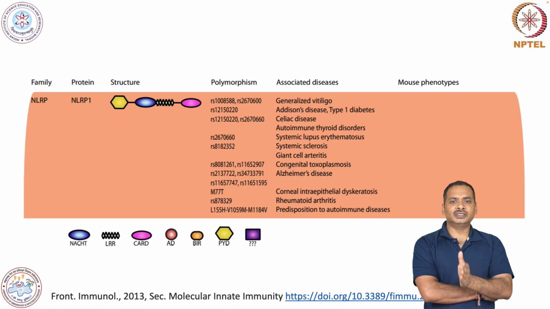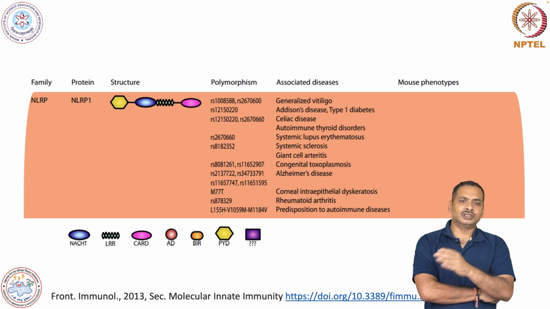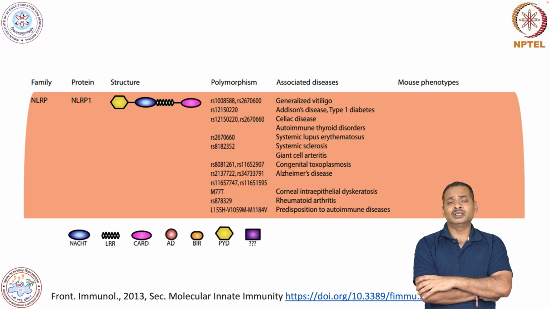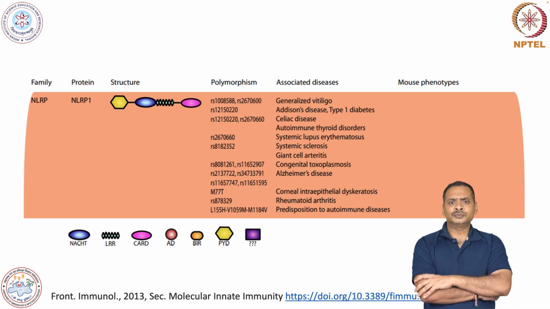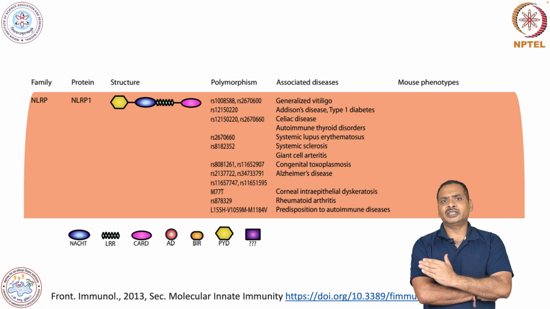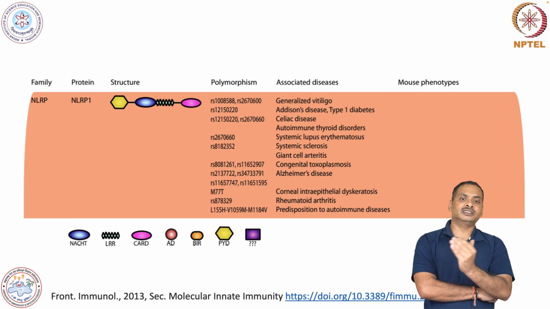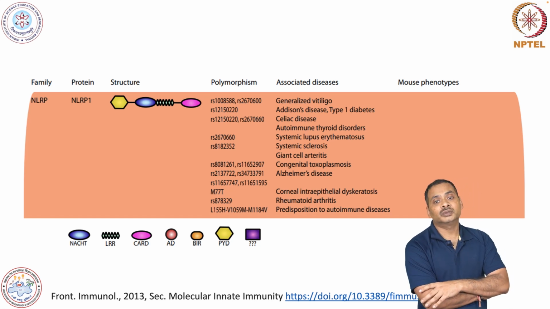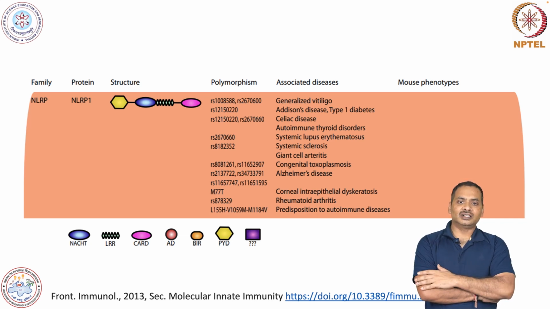NLRP1, here you can see there are a lot of polymorphisms in this gene, and all these polymorphisms are reported, and these individuals do show some diseases like generalized vitiligo, Addison disease, type 1 diabetes, celiac disease, autoimmune thyroid disorder, SLE, systemic lupus erythematosus, systemic sclerosis, okay, giant cell